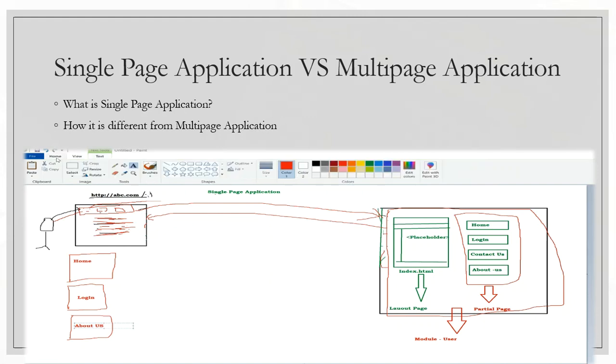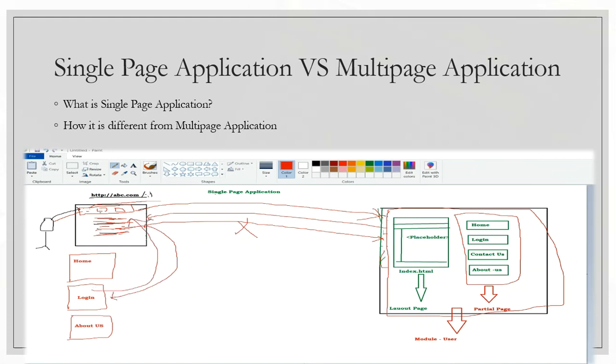Whenever user clicks on any link in the navigation bar, like clicking on login page, the browser is not going to send a request to the server. The browser will check its memory and load the login page.